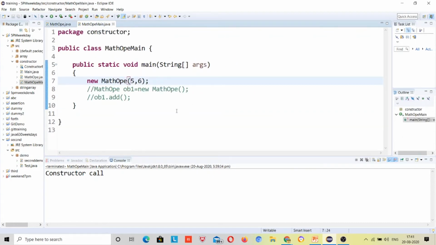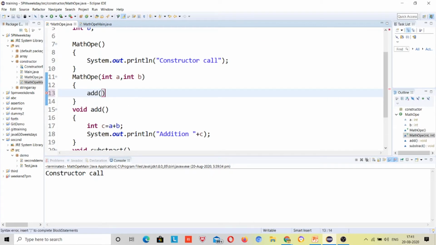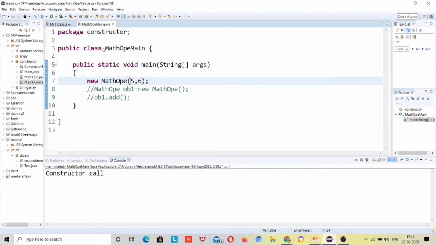You are passing the values 5 and 6, but there is no addition inside it. We are calling only the constructor, not any of the functions. The value is 5 and 6, but there is no body inside that function. So the output should be the addition, 11. Okay, let me run it.